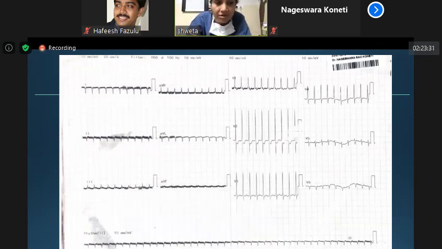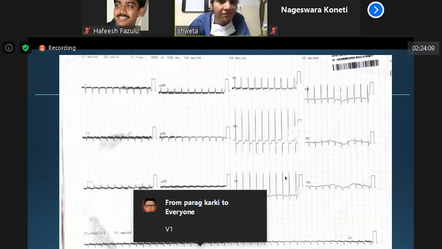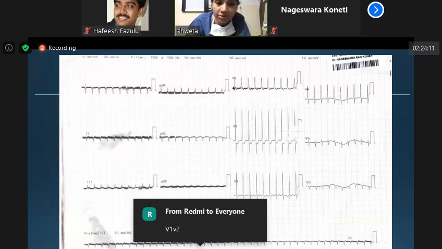So where to see P waves? Whenever you see an ECG like this, in leads 1 and AVF, the P waves are not nicely seen. Actually, P waves you can see better in 1, 2 and AVF. In lead 2 it should be very obviously seen, because the direction of the electrical signal is towards lead 2. So it should be very prominent in lead 2 and AVF, but you are not seeing it there. So where else can you see P waves? In lead 3, but it's not very clear, no? Yes, ma'am, V1. Yes, V1, very good. So again, V1 is a good site to assess for P waves.